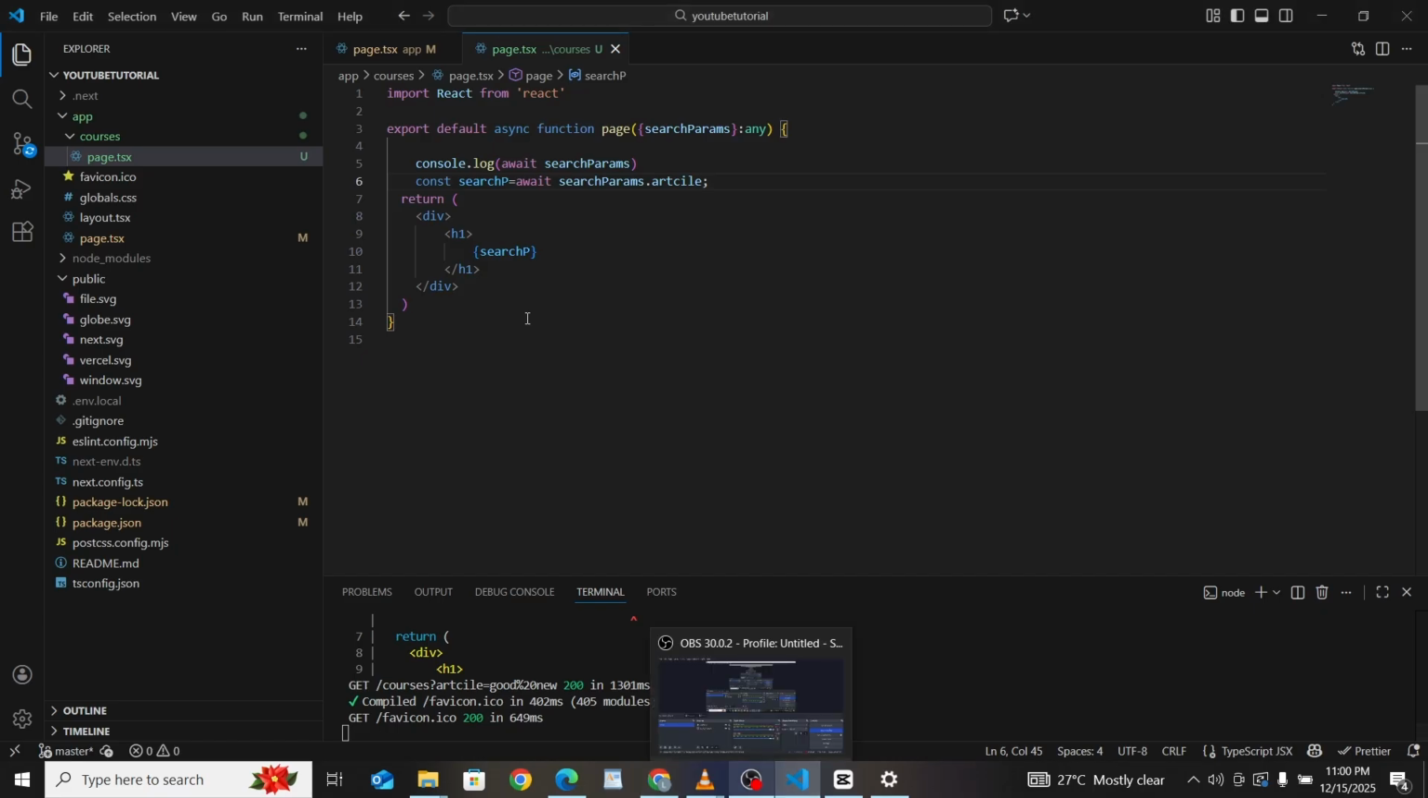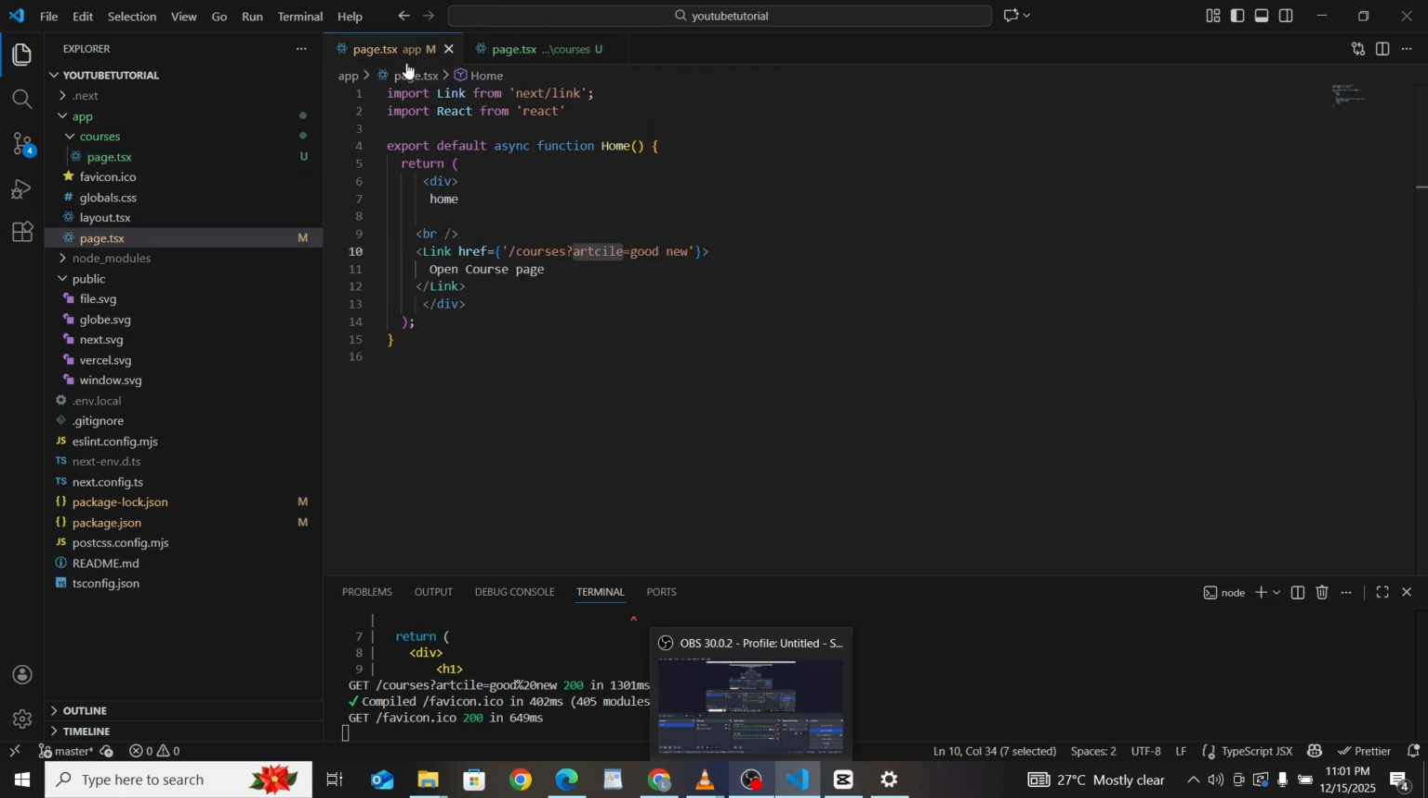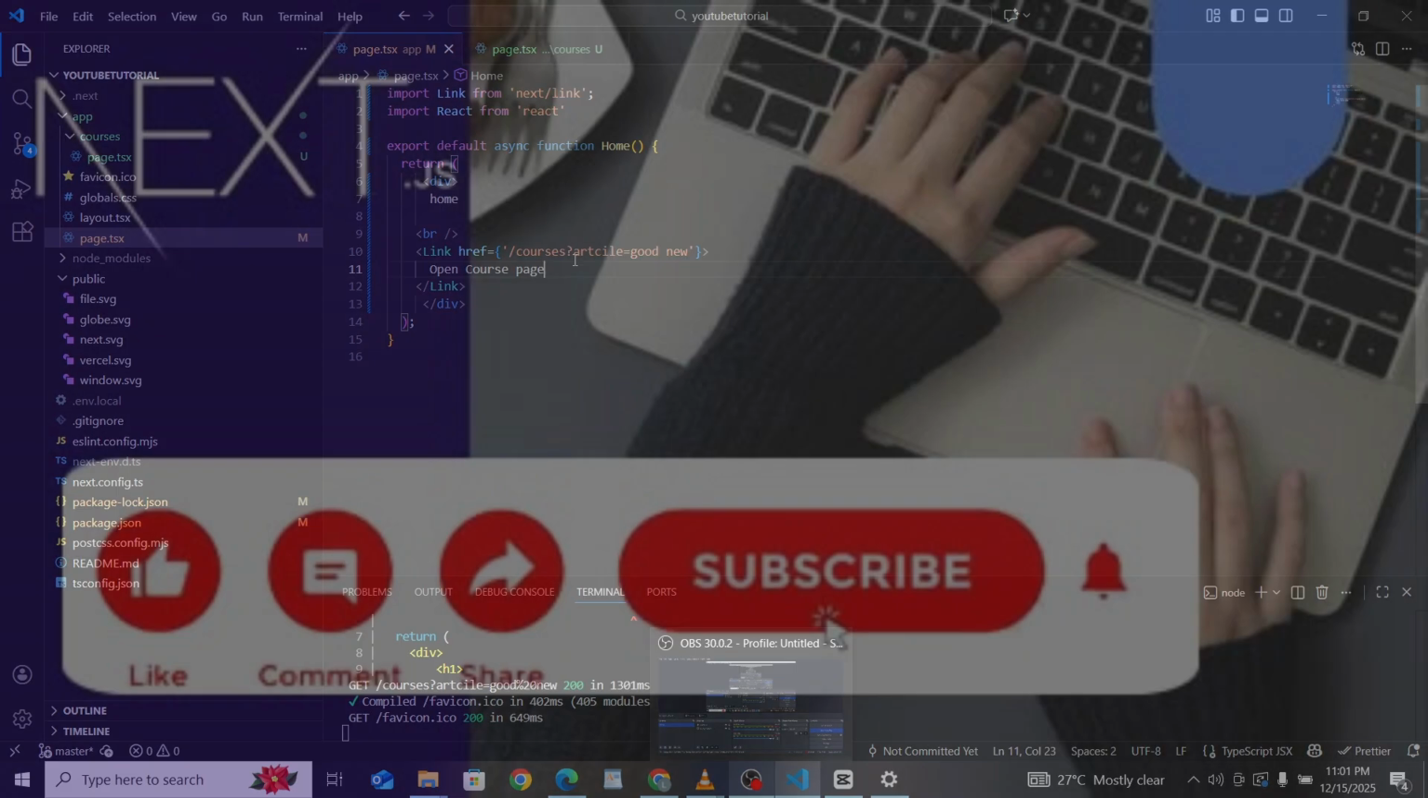So basically, I have used the search params here, or I have retrieved the search params here, and I have displayed it on my screen. And always bear in mind that in order for you to take into consideration search param, any